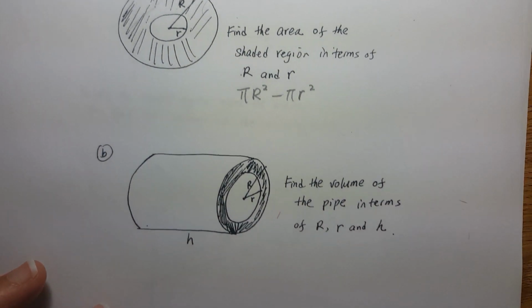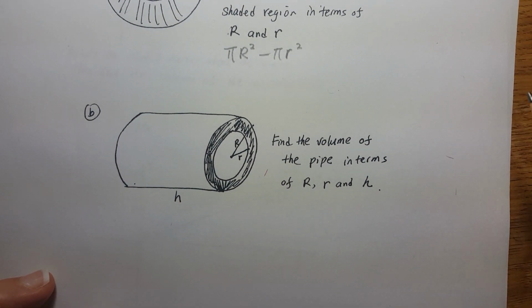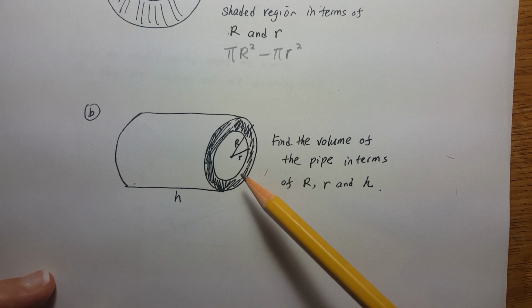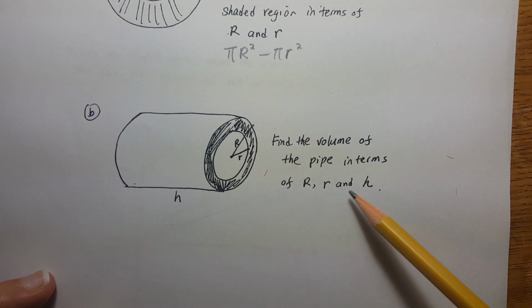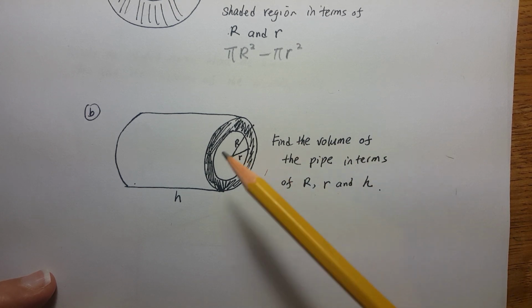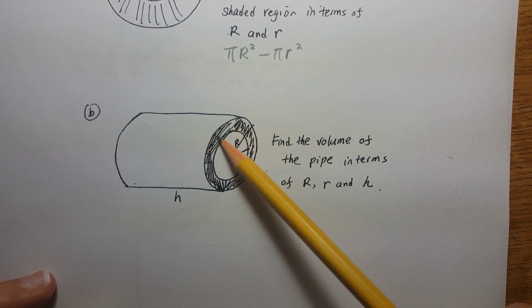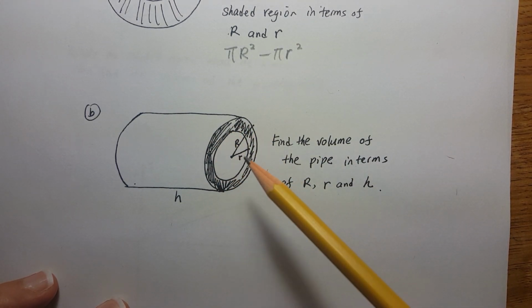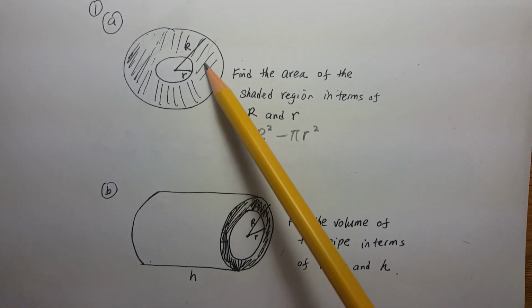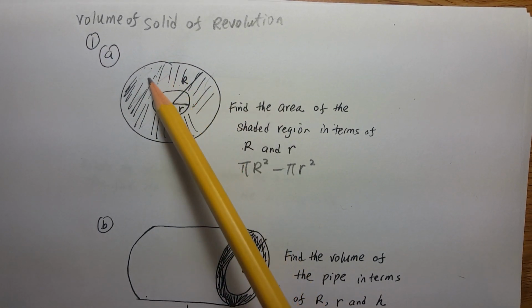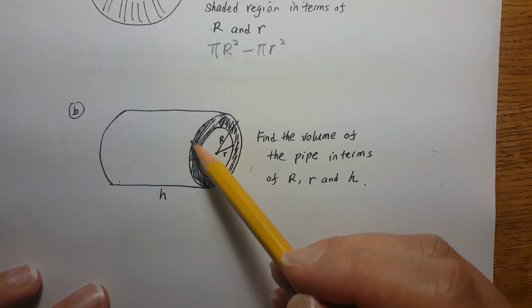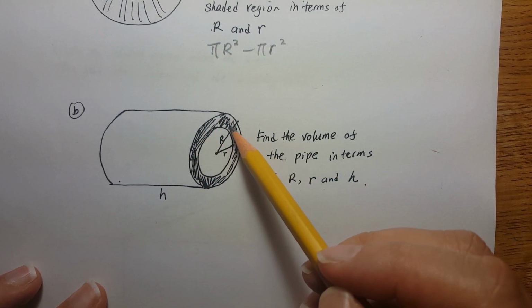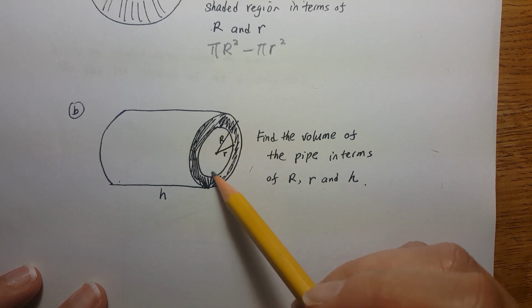Now let's take a look at part B. Part B, we have a 3D diagram. I want to find the volume of the pipe in terms of big R, small r, and h. So now we can see that the cross section is going to look like this one. The area of the cross section will be the big circle's area, subtract the area of